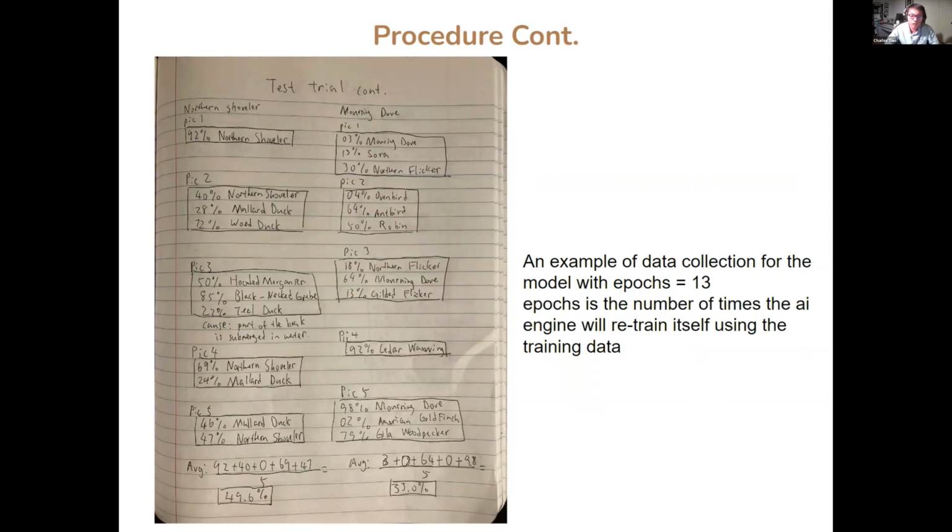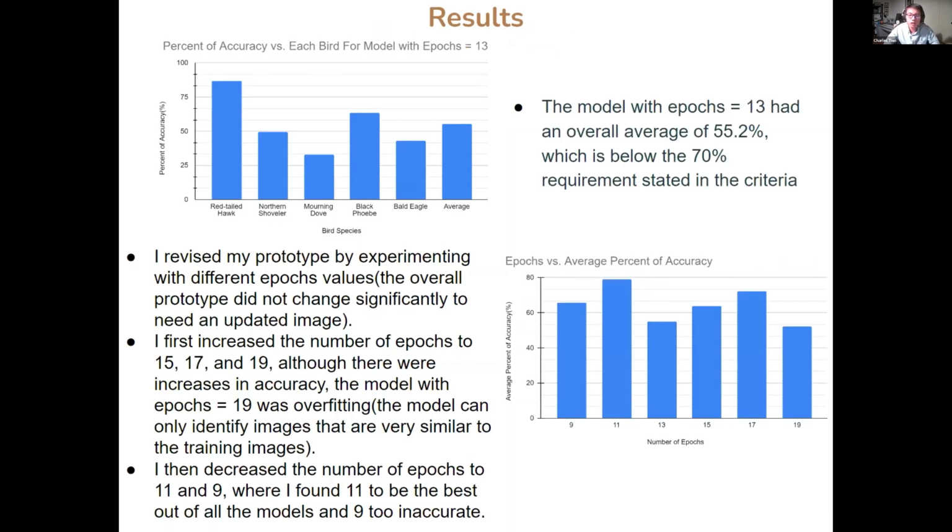And this is an example of the data collection for the model with epochs equals 13. Epochs is the number of times the AI engine will retrain itself using the training data. The epochs is a variable in my training code, which will determine how many times the code will run itself. For example, here epochs is 13. That means my AI engine will retrain itself 13 times using all the data set and all the pictures that I have. And the result of the first model is an average of 55.2%, which is below the 70% required